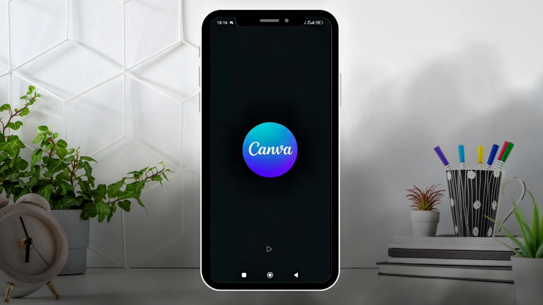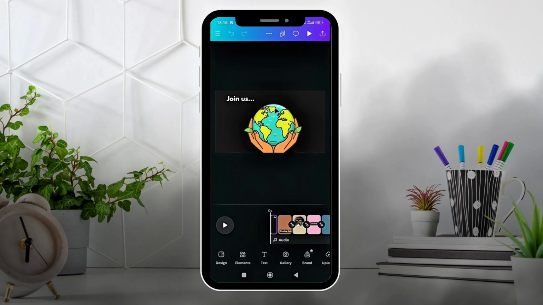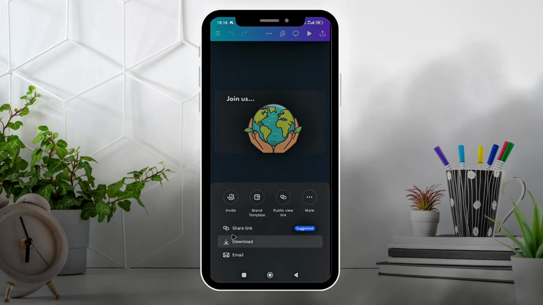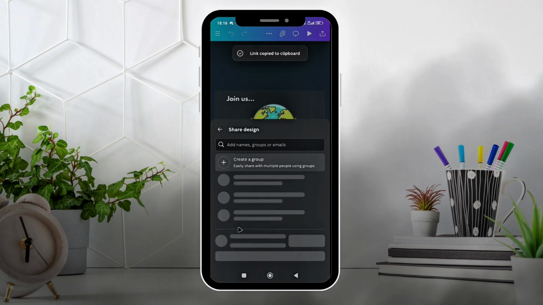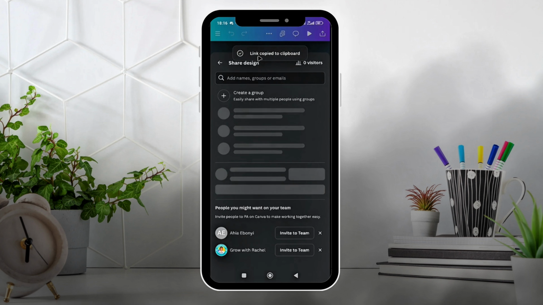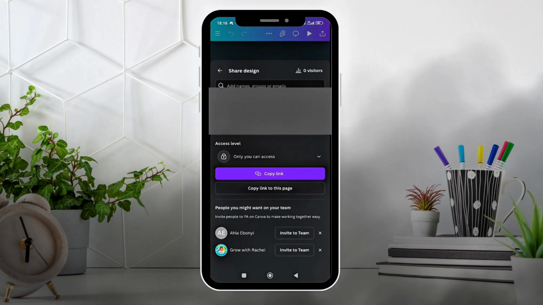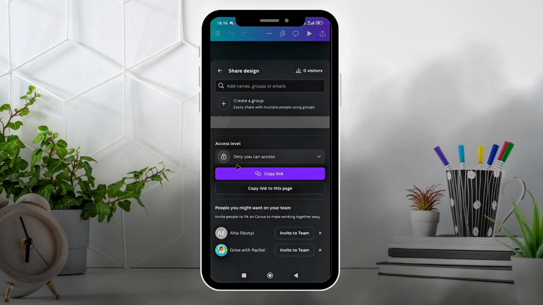To grant someone access to edit your Canva design on mobile, click on the share button here. Click on share link. You see it says link copied to clipboard, but you're not going to proceed with that. What I'm going to be looking at is here where it says copy link, but I am still not going to copy the link. What I'm going to do is click here where it says only you can access